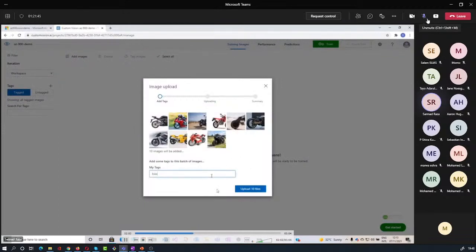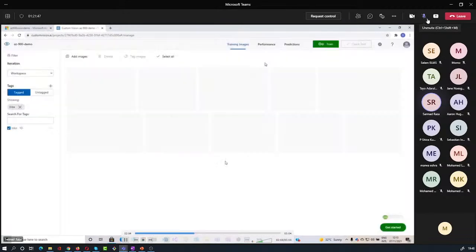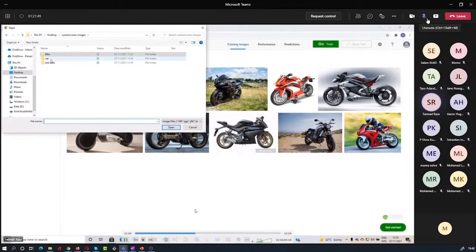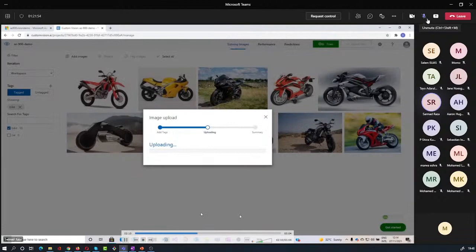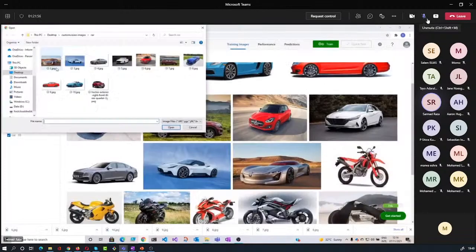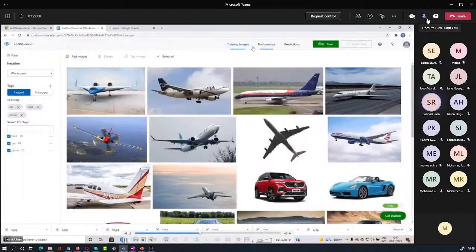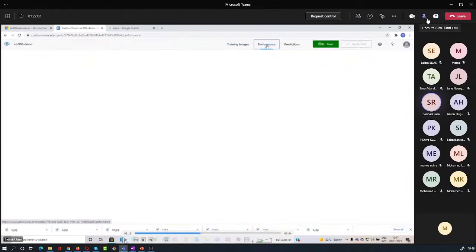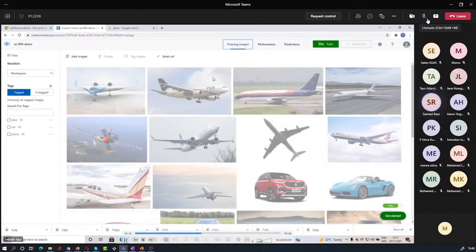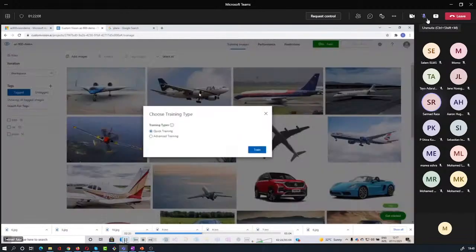So I'm adding some bike images and tagging those images as bike, and then I'm adding a few images of car, and I'm tagging them as car, and then some plain images. I'm sorry if it's too fast. It was a very big demo, so I had to shorten it up. And that's it. You tag your images, and after uploading, you tag your images, and then you can just click